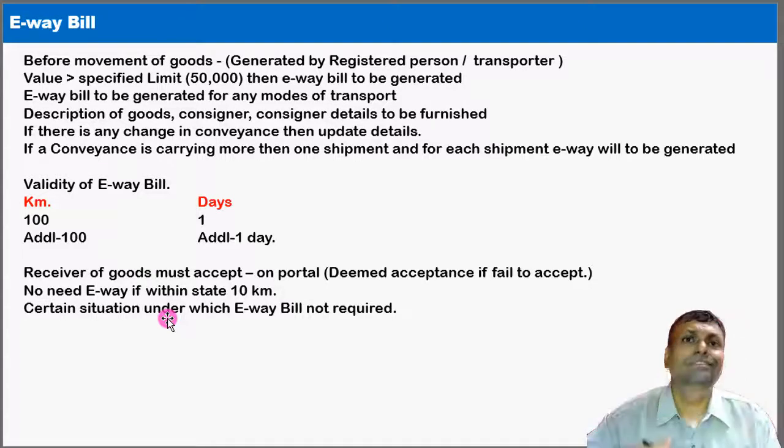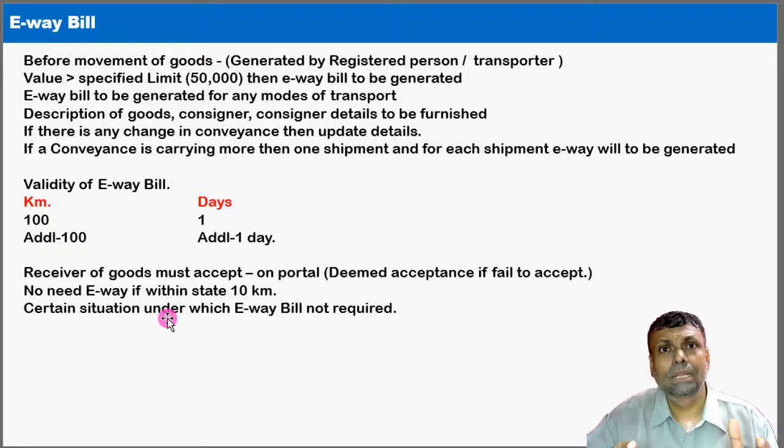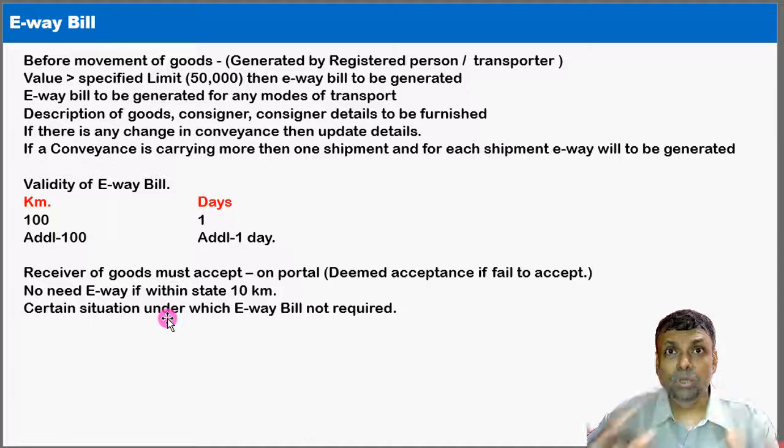So just imagine the GST authorities, friends. The GST authorities will be sitting in one particular office, and they will be knowing on which state or from which area the majority of the transport of goods is going from one place to another place. So they will know that particular movement of the goods, and if they want to track it, they can track it also.